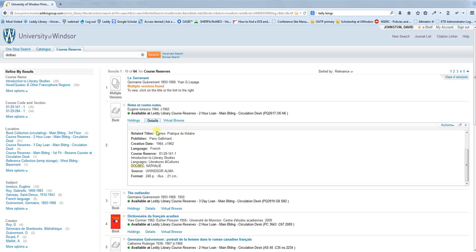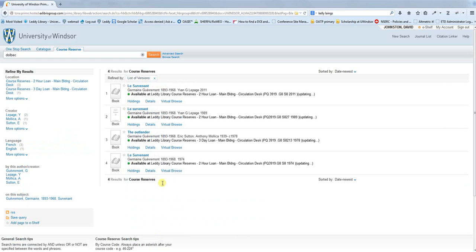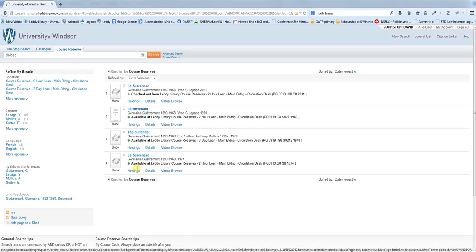Another important thing to note is that sometimes you will come across, in Course Reserve and also in our catalog and One Stop Search, something that says multiple versions. When you see multiple versions, that means that there are multiple items grouped together under this title, in this case, Les Survenants. We'll click on that, and we can see that there are both French and English versions of this title available here on Reserve. Now, this is important to flag because if we go back,